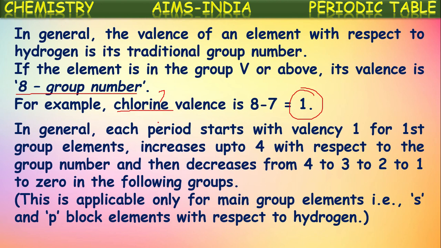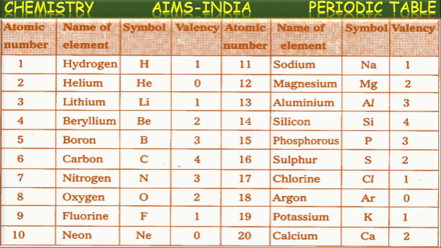A subgroup, yes. Okay, see here, the valencies of the first 20 elements are mentioned. If you see, in a period it goes from 1 to 0, and we know these elements are in the second period, from lithium to neon. What happened to the valencies of these elements? If we observe, it started with 1 for the alkali metal, increased till 4, and again decreased till 0. And if you see the next period, the third period,